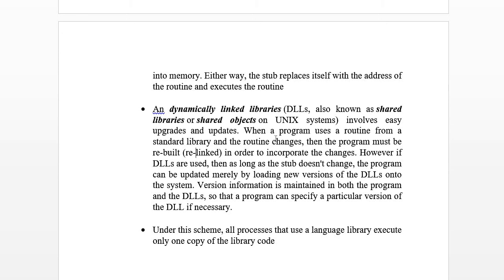However, when we use shared libraries, as long as the stub doesn't change, the program can be updated merely by loading a newer version of the shared library onto the system. That is the benefit. Under this scheme, all the processes that use the language library execute only one copy of the library code.